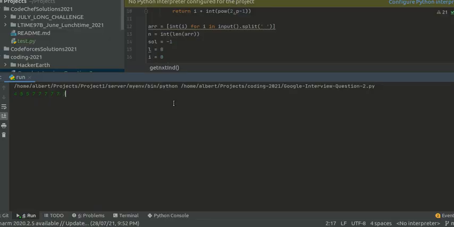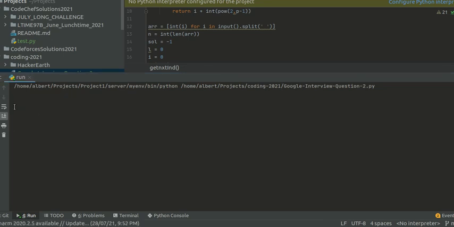In this case 7 should be the answer, right? 7 and length 5. So you see 7 and length 5. This gives us the correct solution.